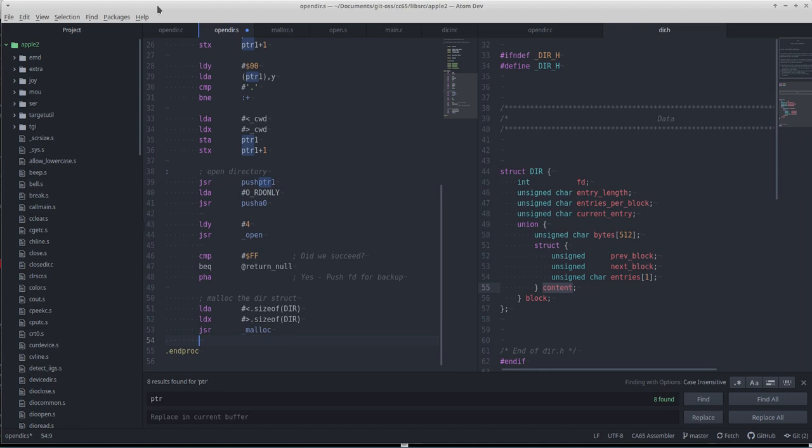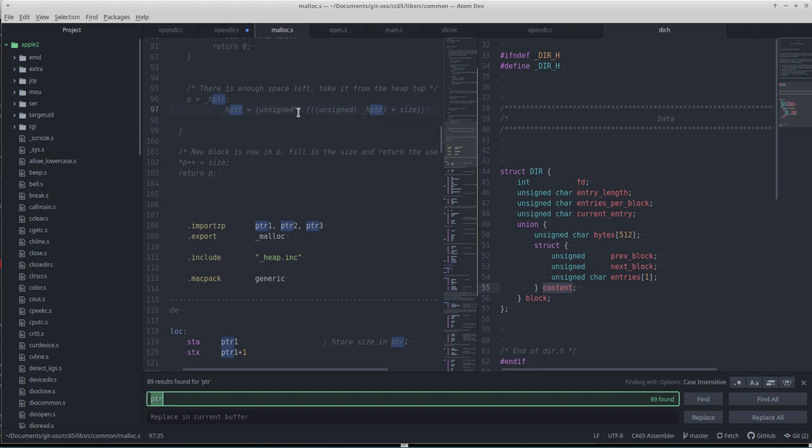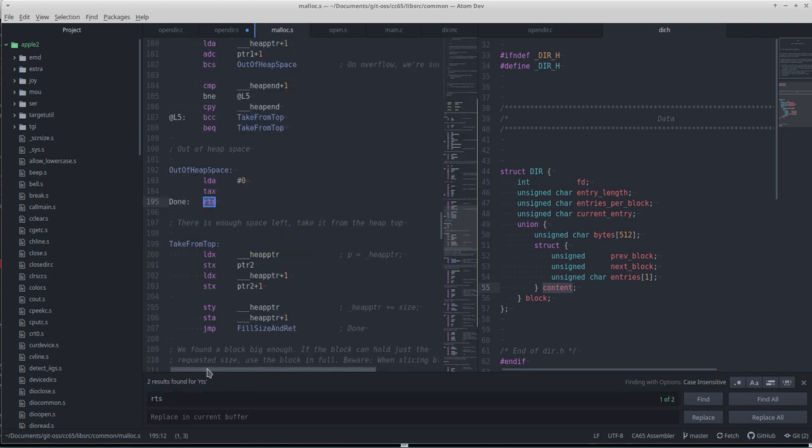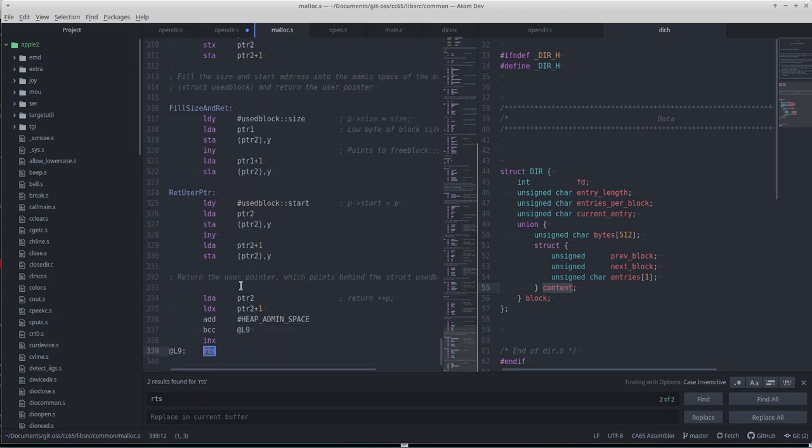How does malloc work when it returns? It either returns 0 for null when it's out of heap space, and both registers will be 0. The zero flag will be on if we fail, and if we don't,